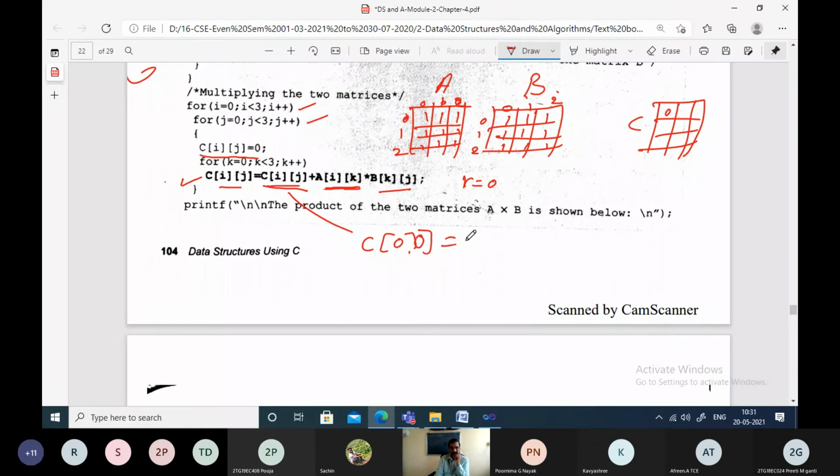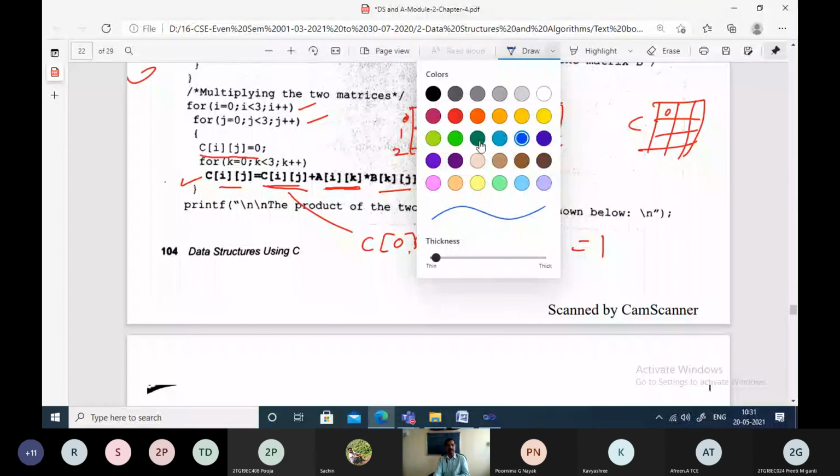That is given by present value 0 plus A of ik. A of 0 0 is 1, into what is B of kj? B of kj is also 1. So what is the resultant of this? 1.